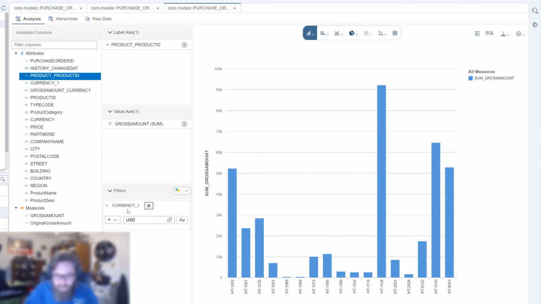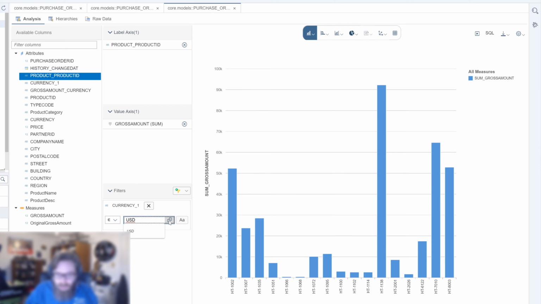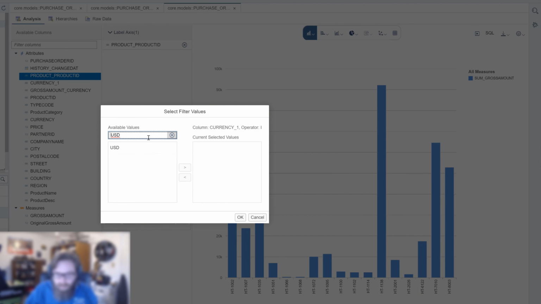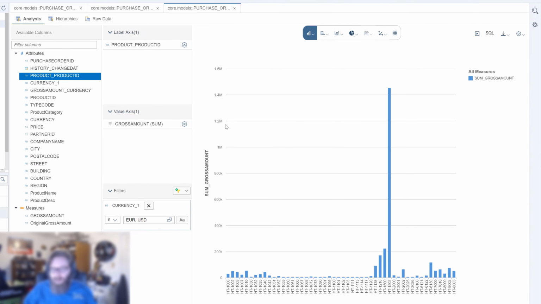I should have done a multi-value or something like that. Yeah, in list of US dollar and euro. There we are. Now we're getting our truly accurate data,